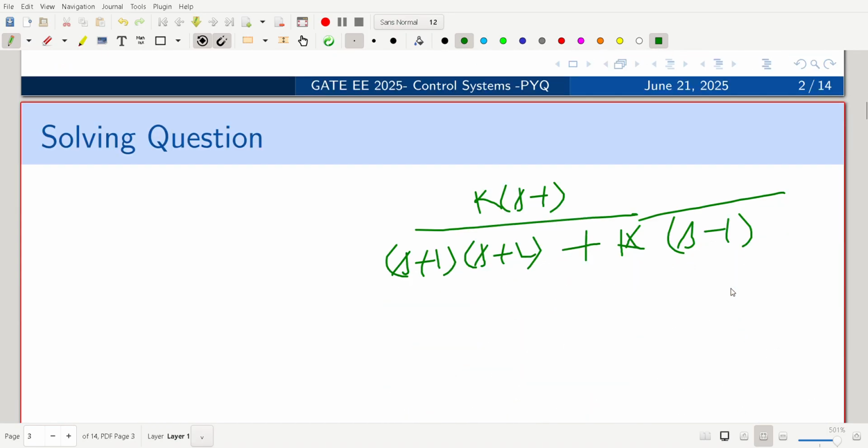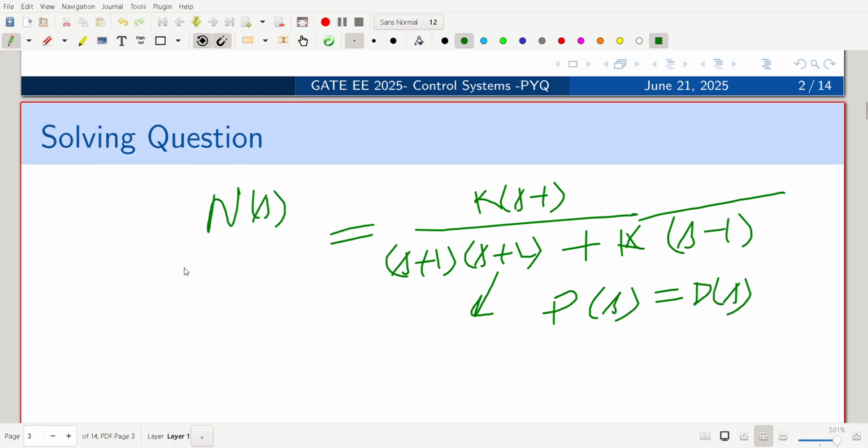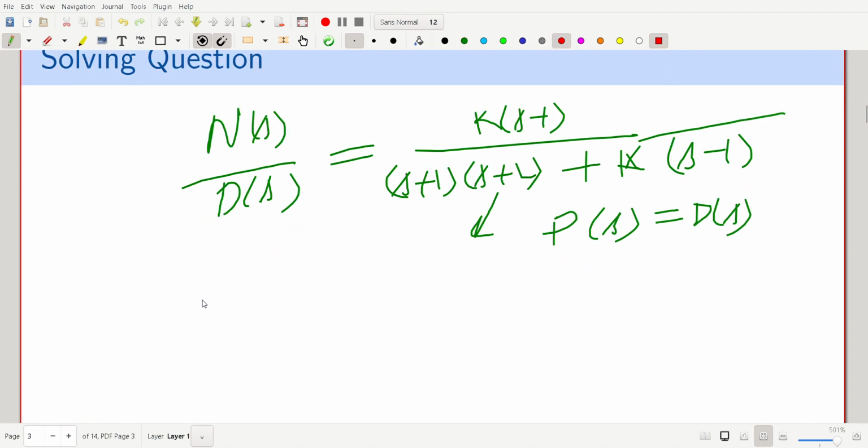For example, in this we get our characteristic polynomial. Okay, we generally put T(s), numerator polynomial and denominator polynomial. So if we know all the poles in explicit form, we can easily find them, right? But here we need to find them. Let us only consider the denominator polynomial. This is also called the characteristic equation polynomial. Okay, so here